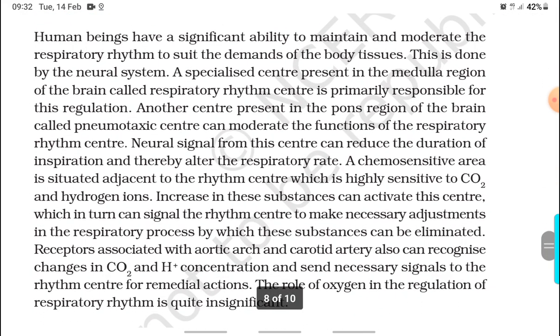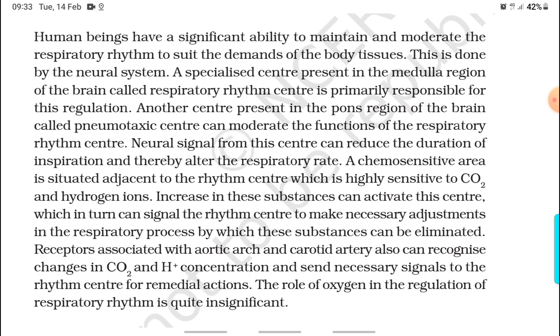Regulation of respiration. Human beings have a significant ability to maintain and moderate the respiratory rhythm to suit the demands of the body tissues. This is done by the neural system. A specialized center present in the medulla region of the brain called the respiratory rhythm center is primarily responsible for this regulation. Another center present in the pons region of the brain called